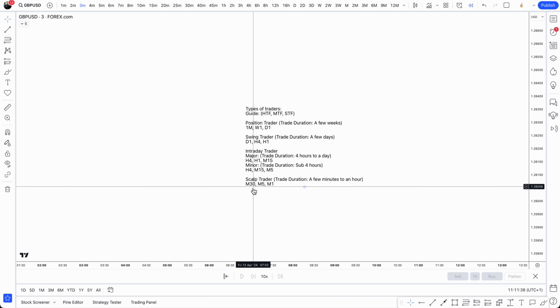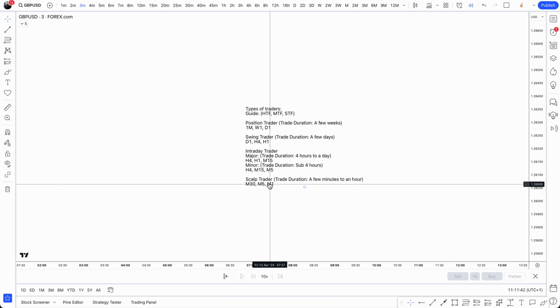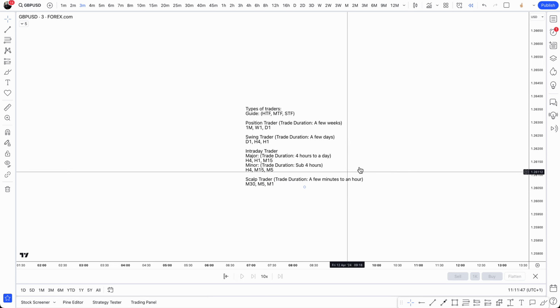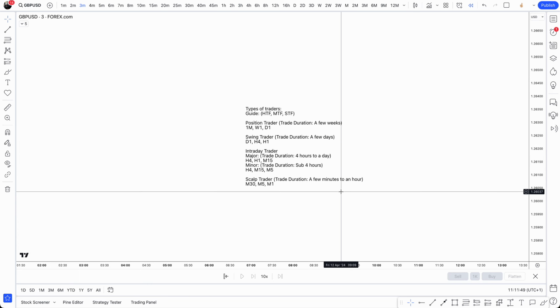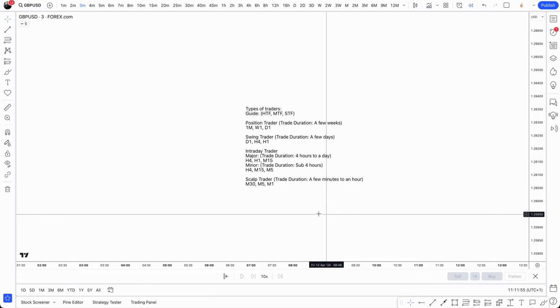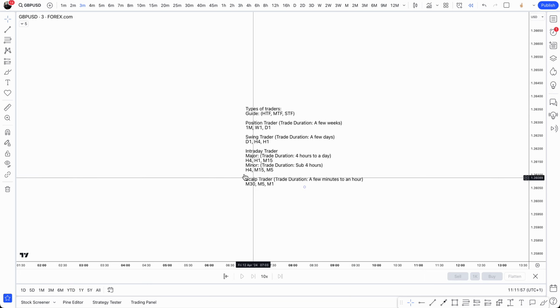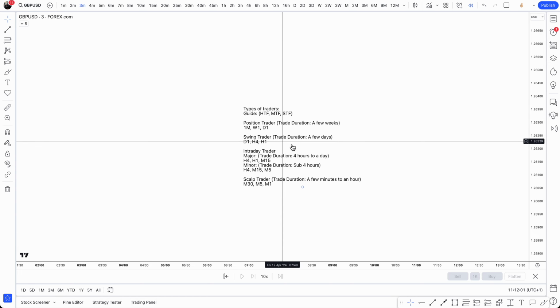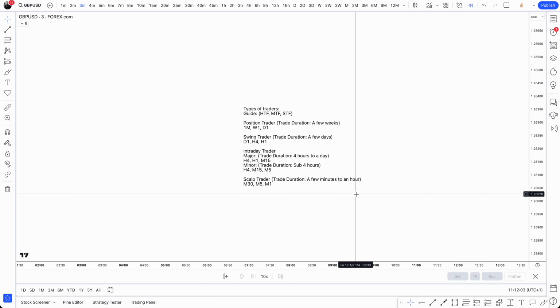And you'll be looking at the M30, so the 30-minute time frame, the M5 or the M1, right? And you'll be executing on these lower time frames here to get those micro moves, right? So they are the types of traders, and like I said before, based on your situation, you need to select one that is suited to that, and you can stick by that and get to know the time frames that you should typically be looking at and trading on as well, right?